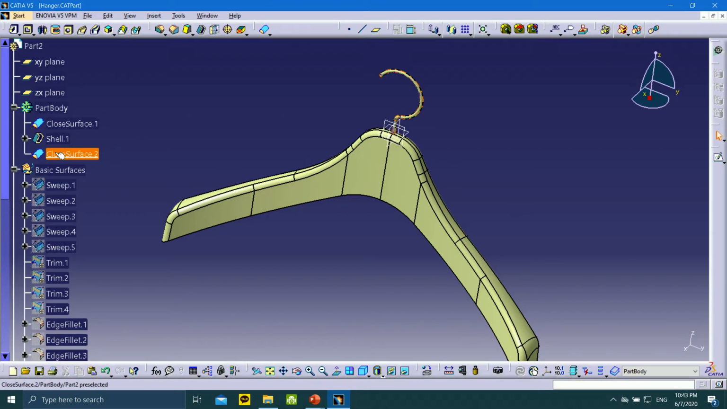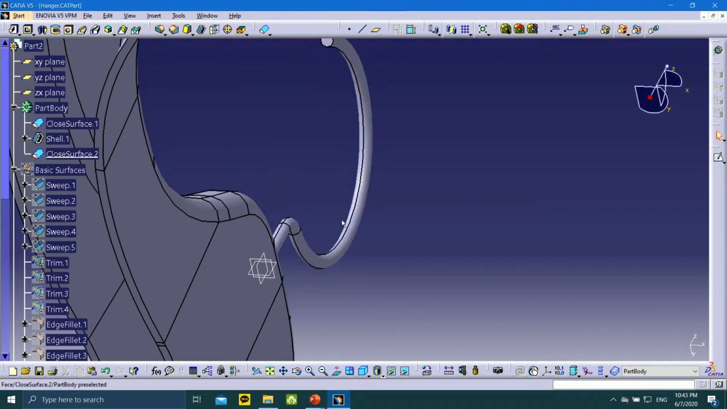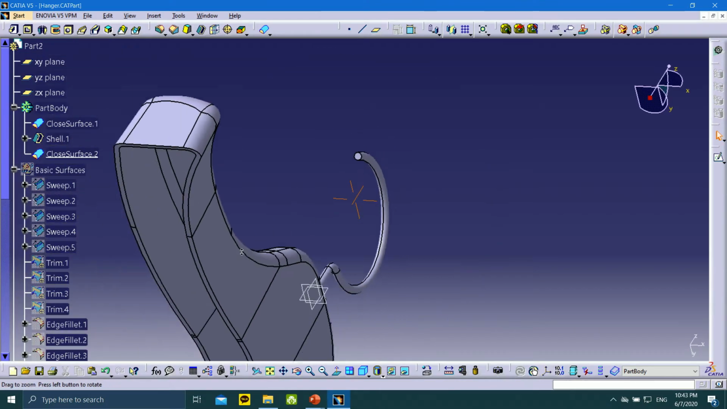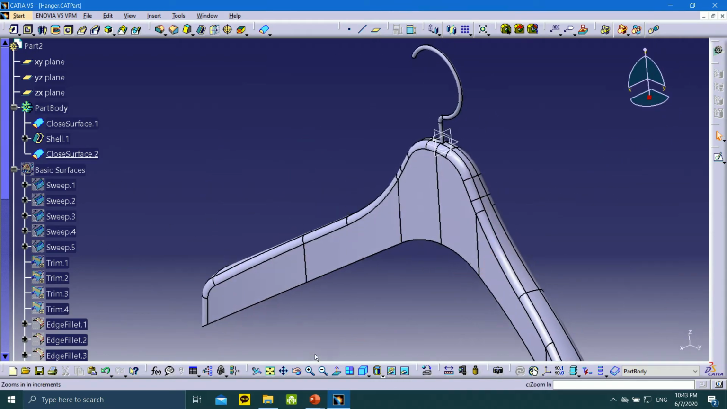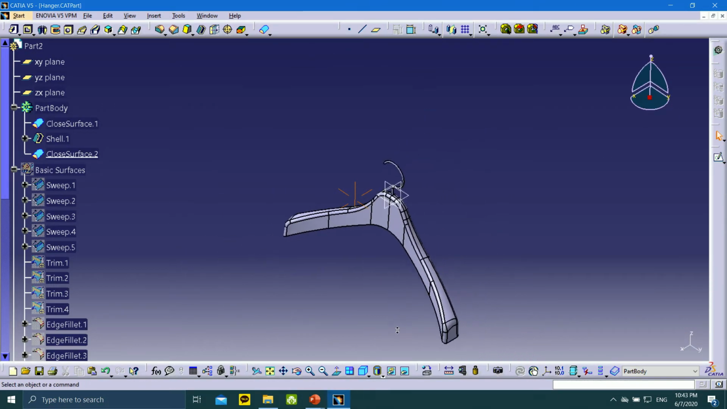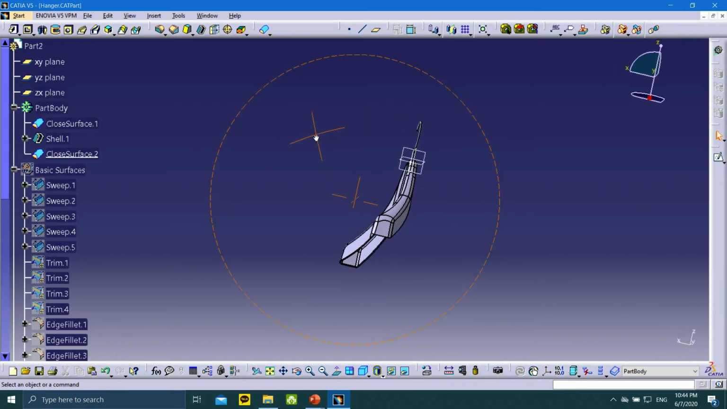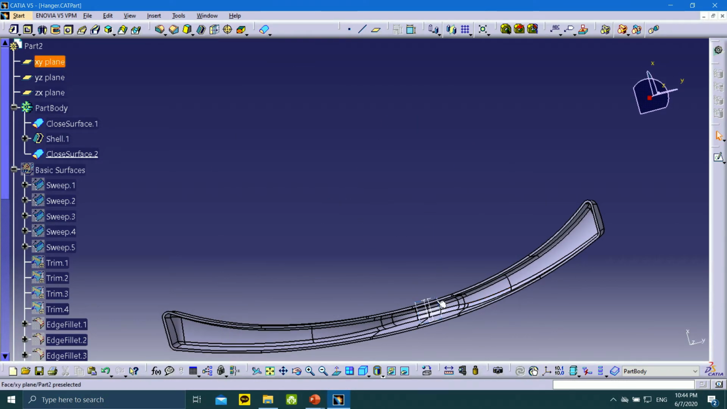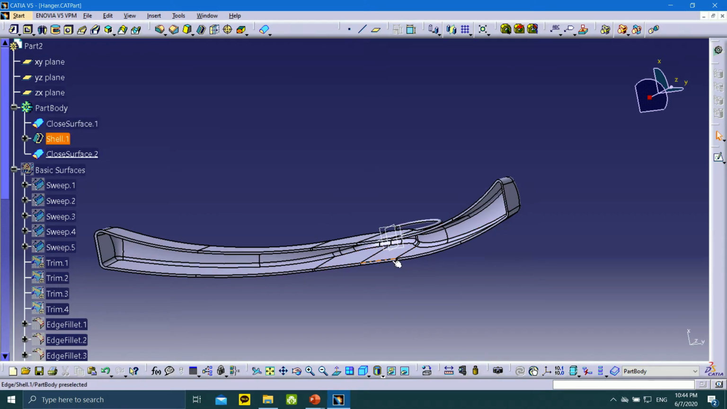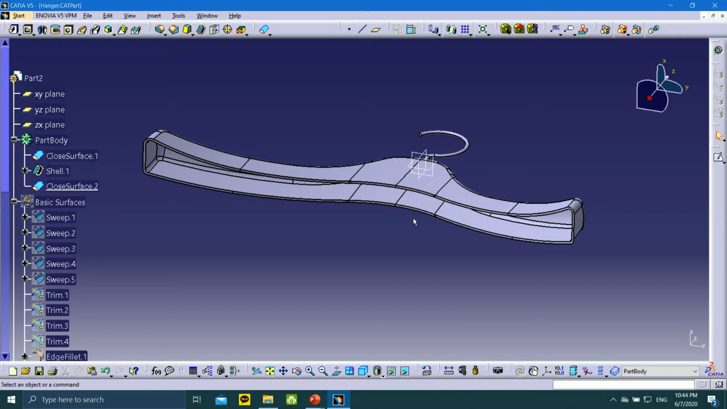Okay, this one is no problem. This one is no problem. I think you need no close. This one is no problem. Okay, so this one is the basic hanger. Already we have the shape of the hanger. Okay, the final job is to create the stiffener inside of this hanger,